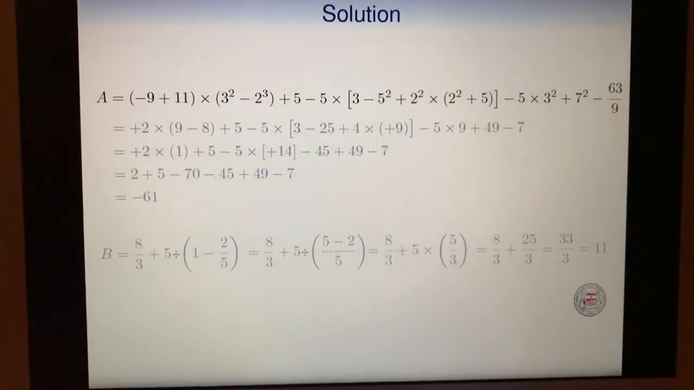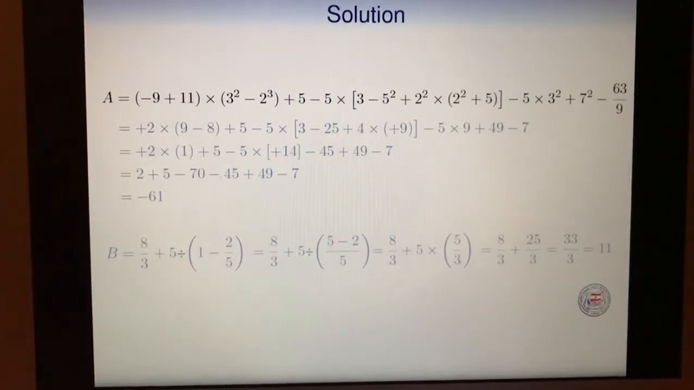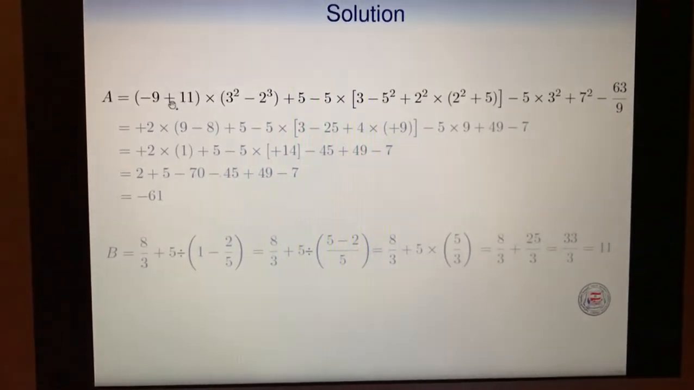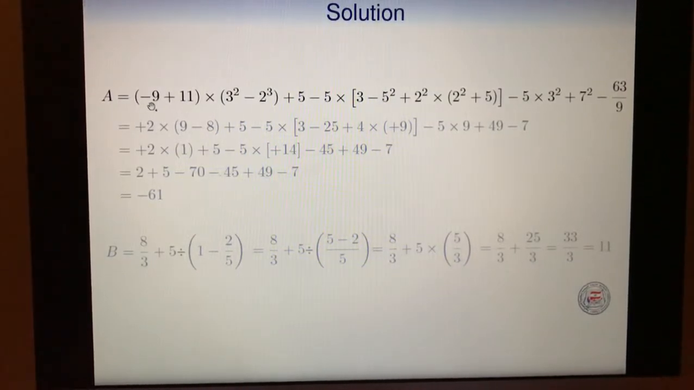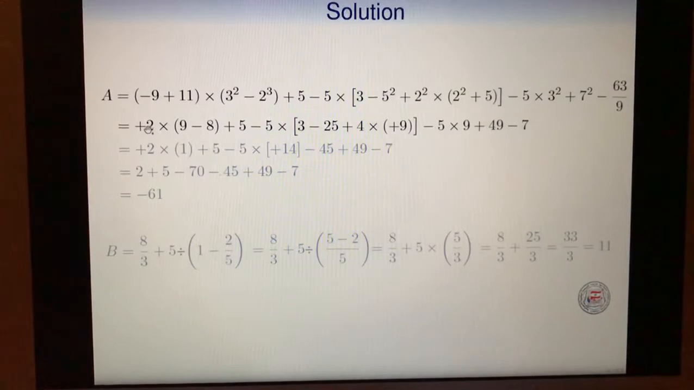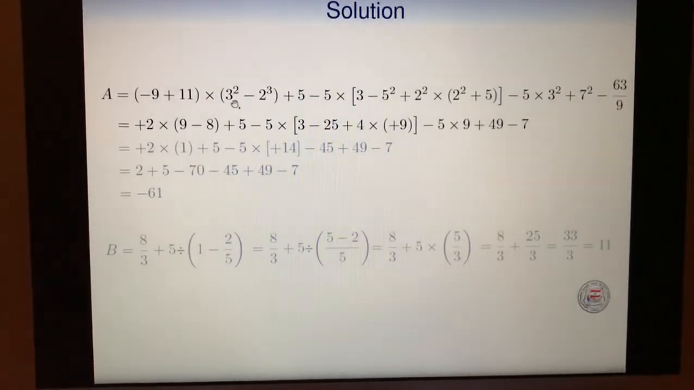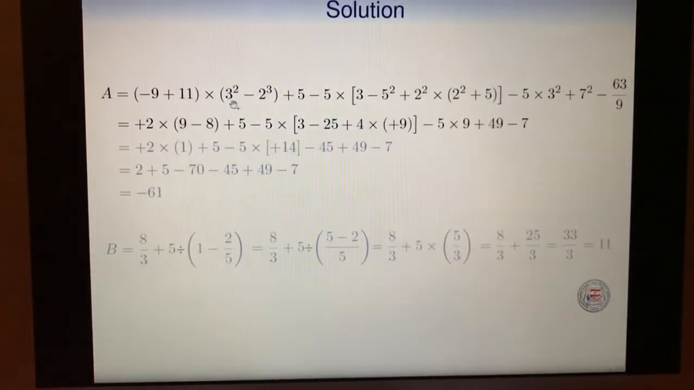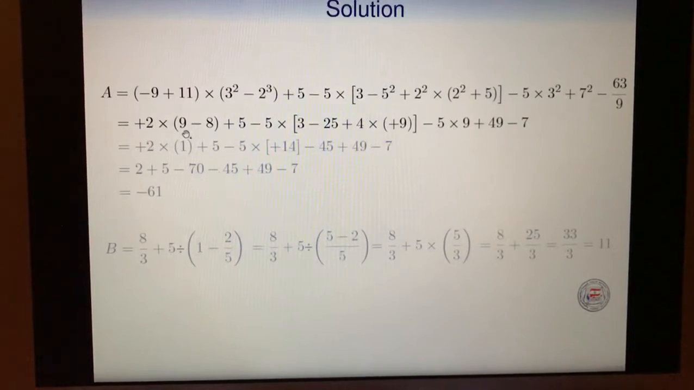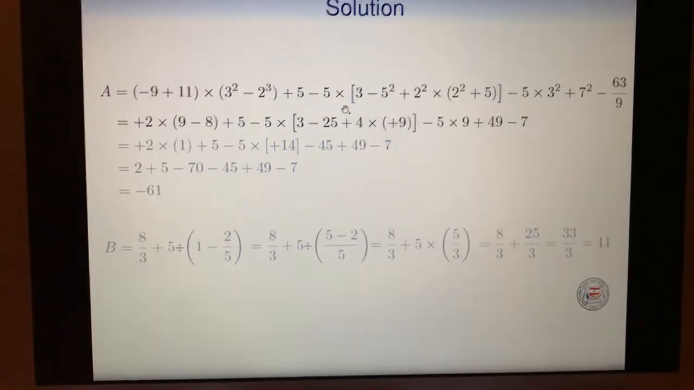So the first step is to solve inside the parentheses. We have two parentheses and a big bracket. In the first parentheses we have minus 9 plus 11, which is replaced by plus 2. In the second parentheses 3 power 2 minus 2 power 3 is 9 minus 8. In the big brackets